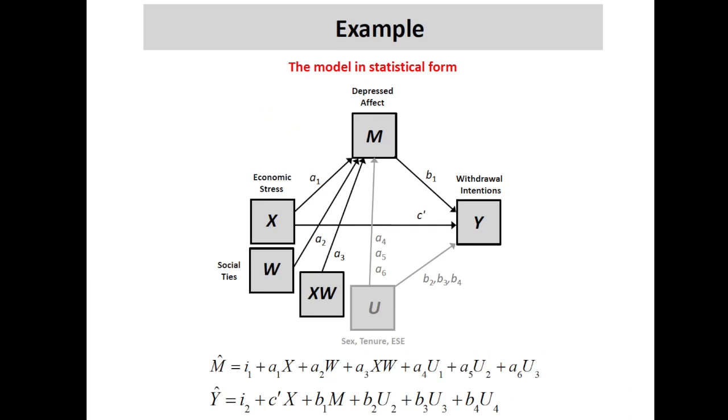Okay, so here's that conceptual model. Here is its translation into statistical form. Now, making that link from conceptual to statistical is probably the hardest part of learning this. How do I take my conceptual model and turn it into a set of equations in that case? But this is the model in statistical form. So it's represented with two equations, because we have two outcomes, really. We have the outcome here as a mediator, and we have an outcome here as withdrawal intention. So we have two equations. Let's break this up so you can see where this is all coming from.